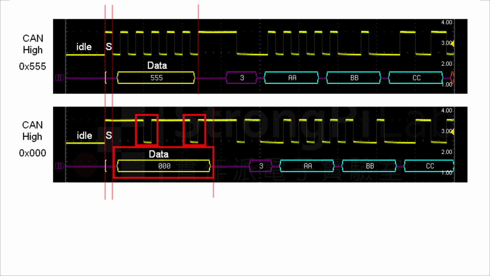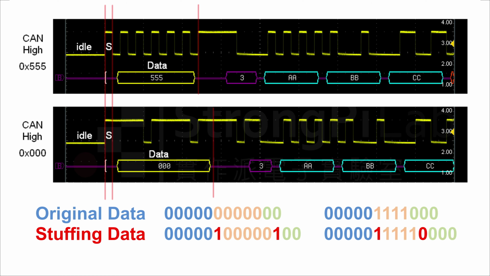This is due to a rule in the CAN bus. If there are 5 consecutive identical bits, a bit of the opposite phase must be inserted after the 5th bit. This is a stuffing bit. If this stuffing bit and the subsequent 4 bits happen to exhibit the same continuous state for 5 times, then we must once again insert a reverse bit at the end. And so on and so forth.